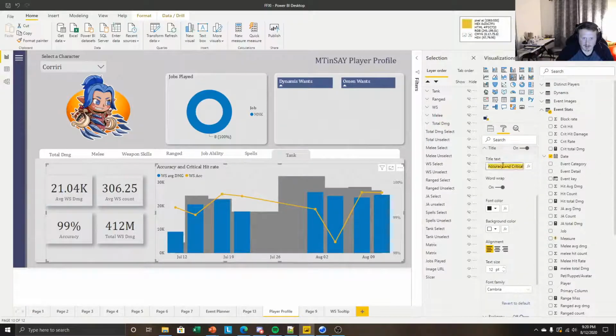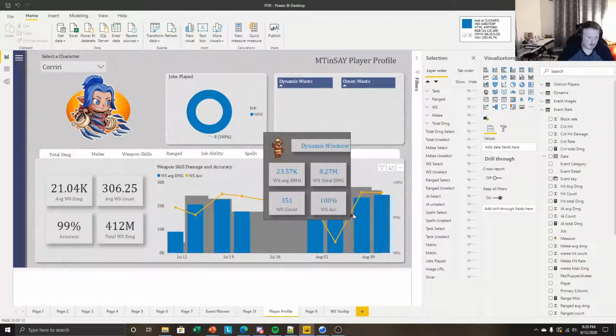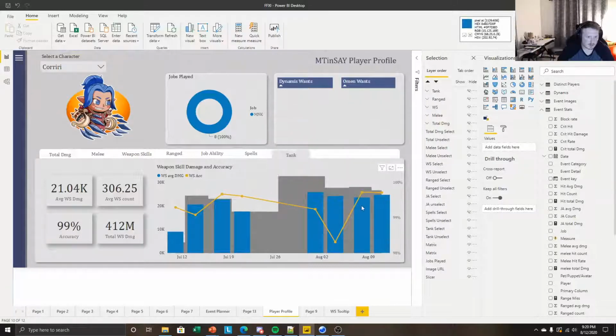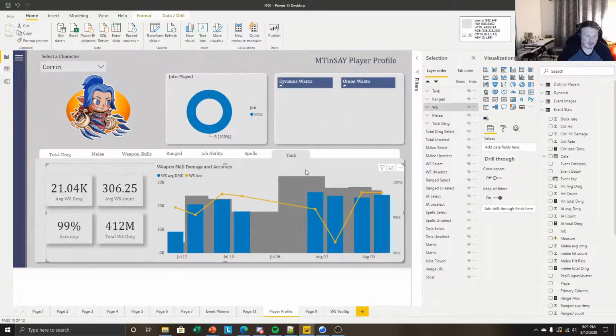Title needs to be weapon skill. I'll go with that. I wish this tooltip popped a little bit quicker. That worked though. Okay. And then we'll go to range. Actually, no, hold on. I'm gonna give this a few labels